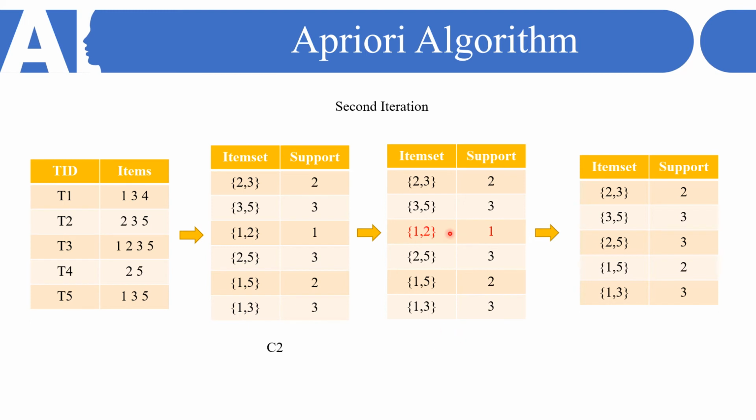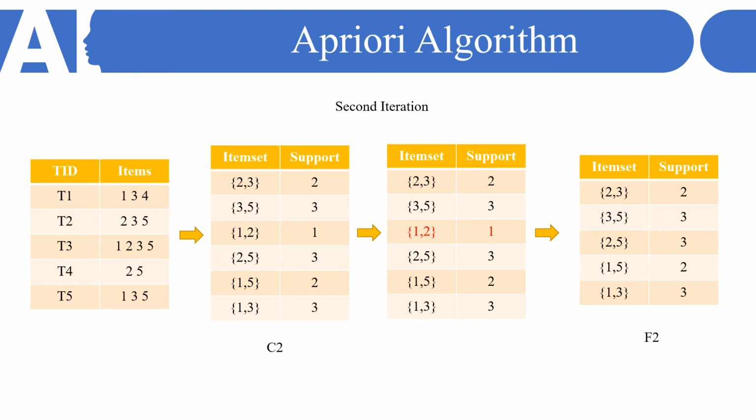Just remove this particular item set. That means this will not be purchased by the consumer, and then it will not increase the sale. So that's why 2 3, then 3 5, then 2 5, all the remaining ones are same, but we have only removed this particular row. And as this is the final output of the second iteration, that's why we have denoted it by F2.